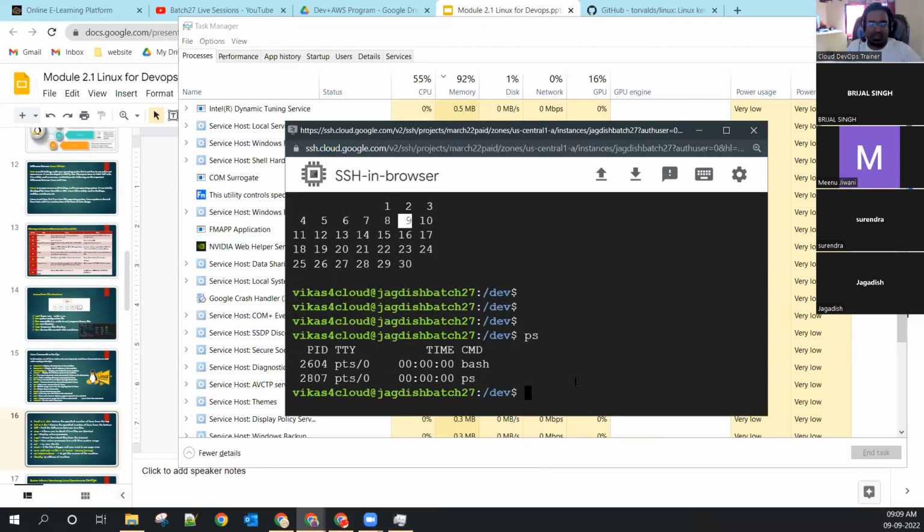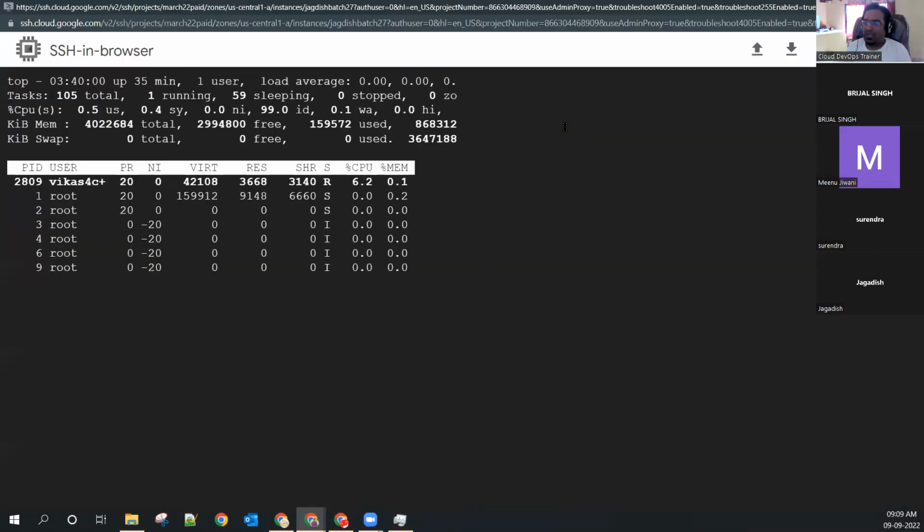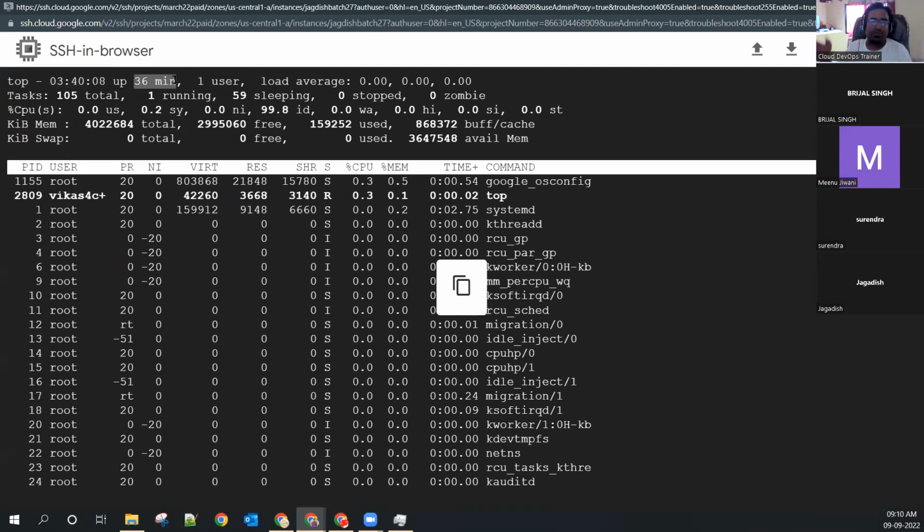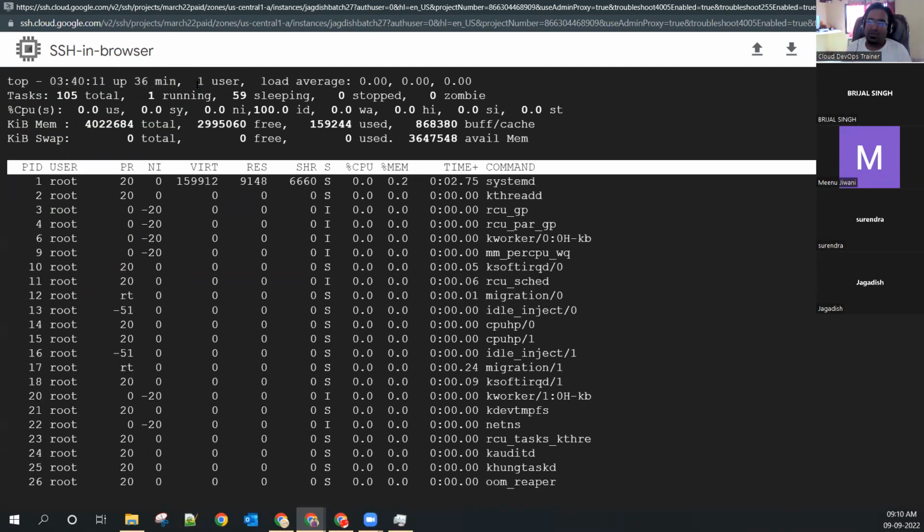I can run the command top. Okay, top command, and I'm pressing enter. The same type of terminal has been opened. It shows this machine was created 36 minutes ago. One user is using it. How much is my load average? How many tasks?